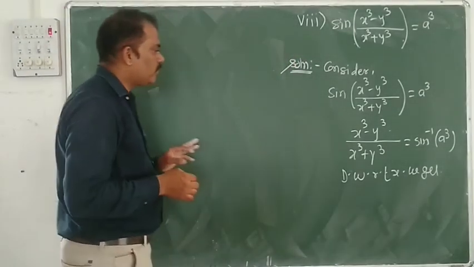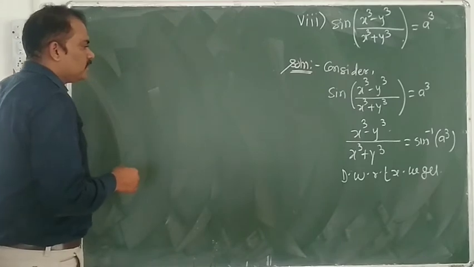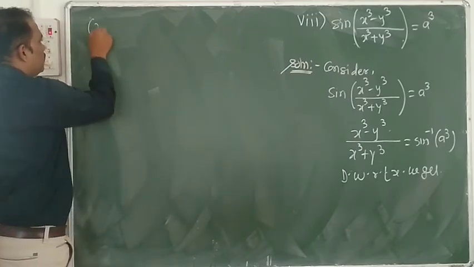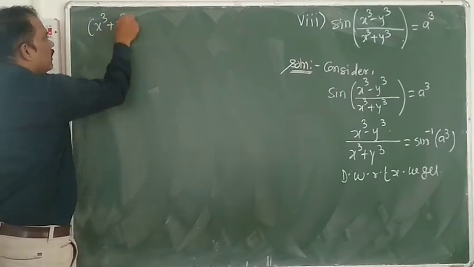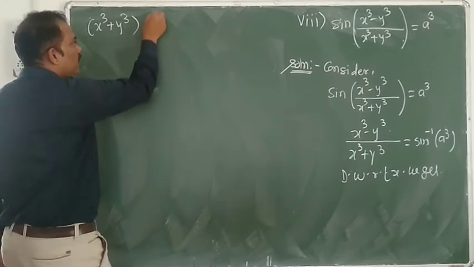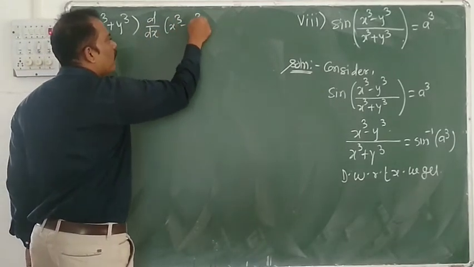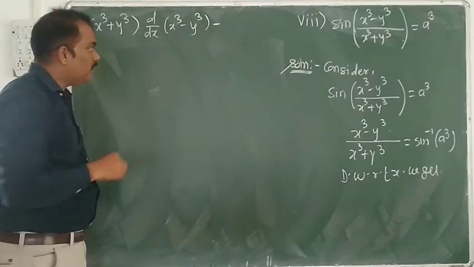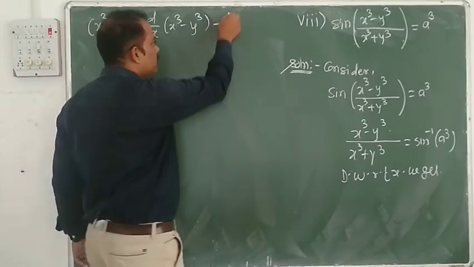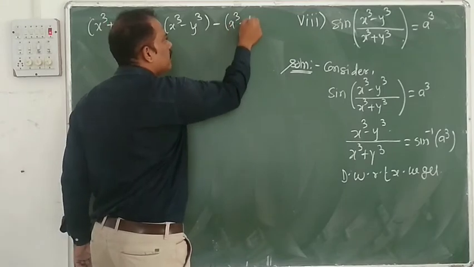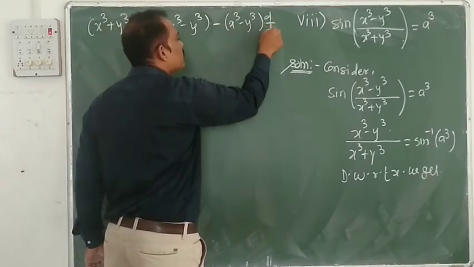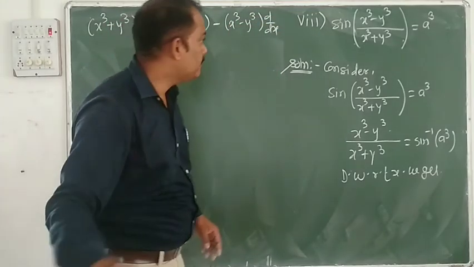Now using the quotient rule on the LHS, the denominator x cube plus y cube into d/dx of x cube minus y cube, minus numerator into derivative of denominator, that is x cube minus y cube into d/dx of the denominator,